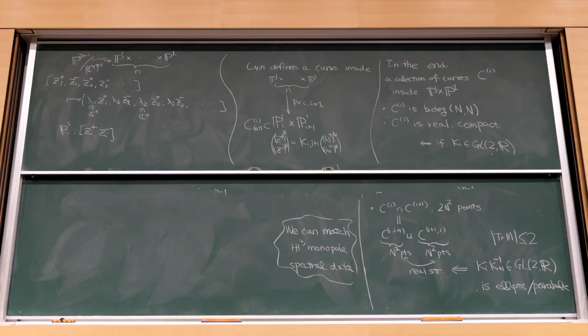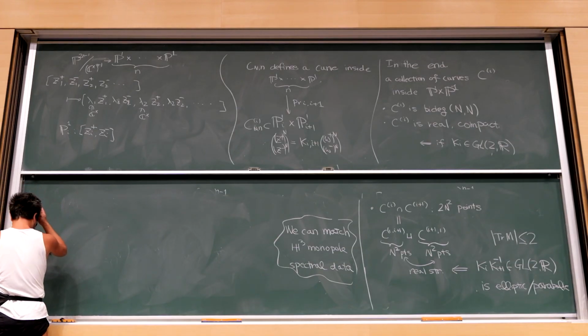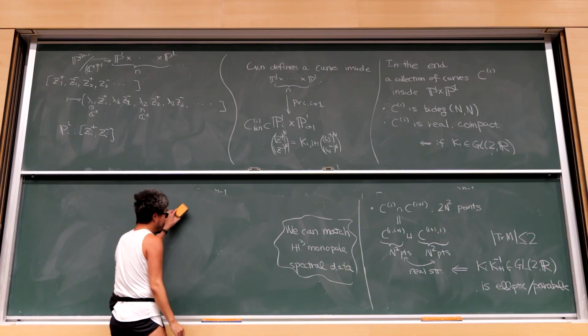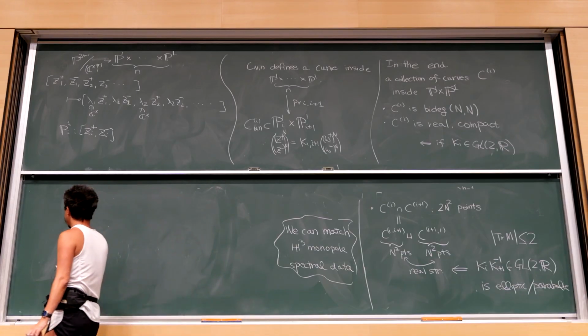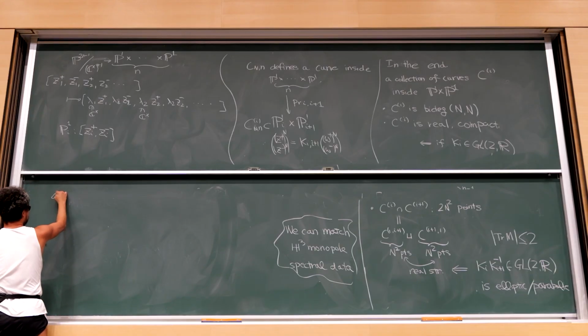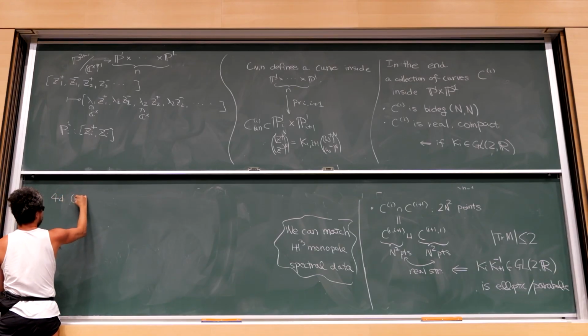But rather, I should try to come to the more fun part of how to incorporate this in the Chern-Simons theory. So far, I just explained how to match the monopole spectral curve data, the spectral data of the two sides. And by hindsight, the fact that you have P1 times P1 on both sides more or less explains why there should be a match. Now, the explanation from 4D Chern-Simons and 6D Chern-Simons. And one of the inputs needed for that purpose is that you need to explain how to get 4D Chern-Simons,